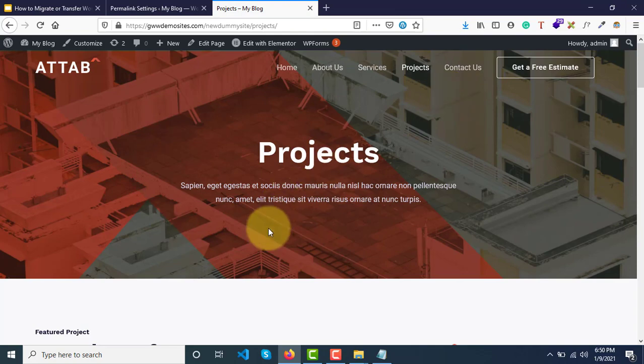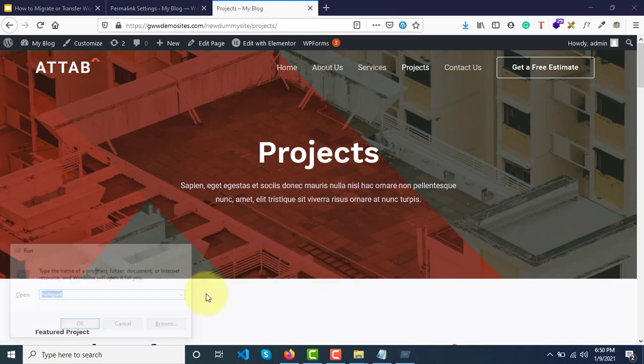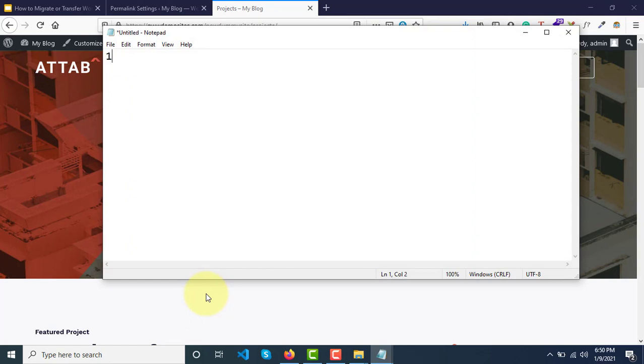So if I have to brief the complete process, first thing you need to do is download files and database from the old server.